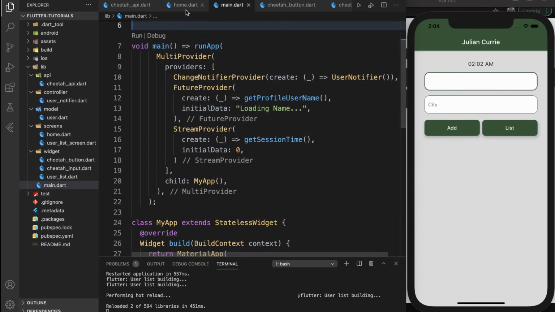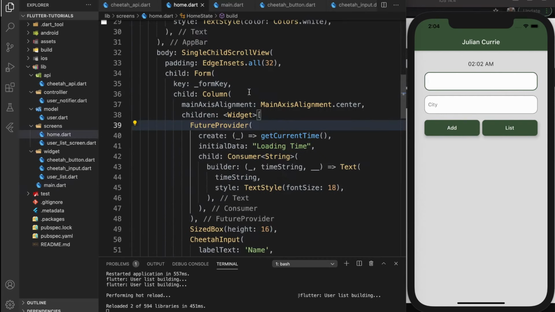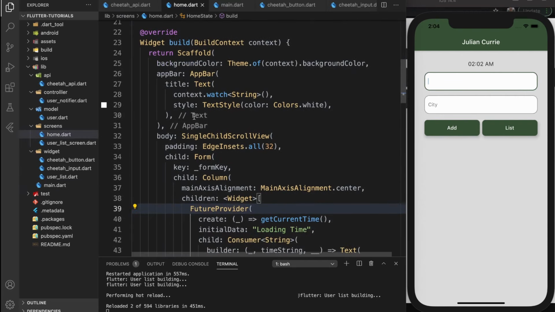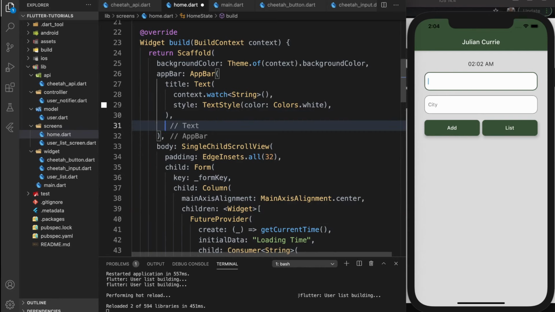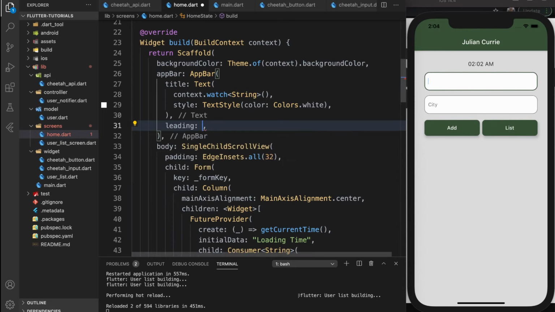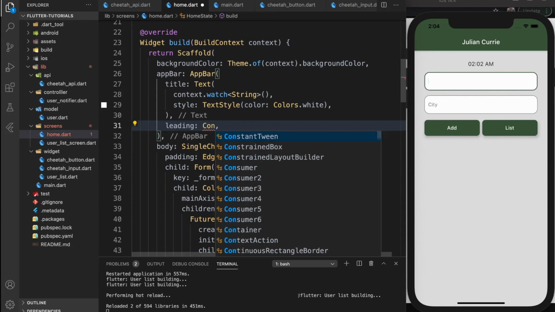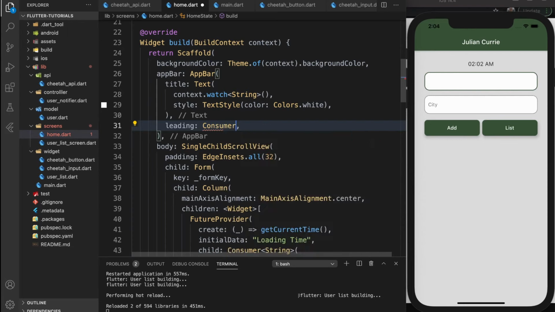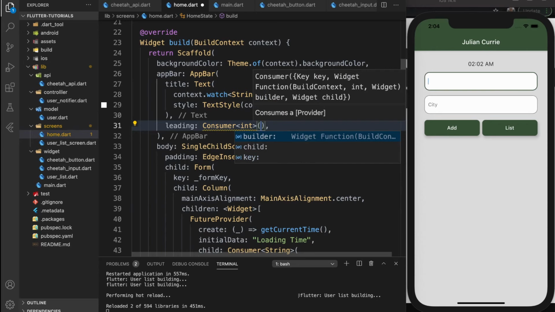Let's go back to the home screen, and up in the app bar, I want to create a leading widget. So leading means that it'll be before the text up here. So leading, and let's make it a consumer. So I'm going to consume the actual stream. So let's do consumer int. It's of type int, and we will do the builder